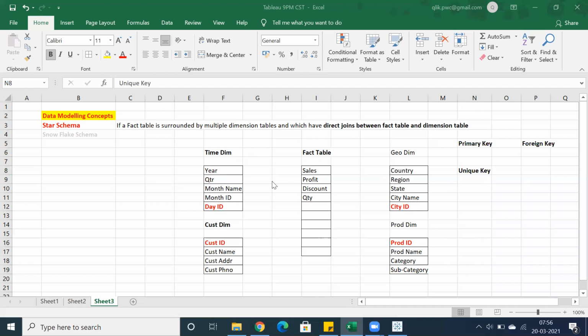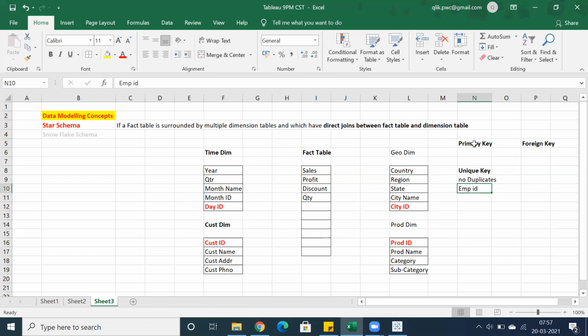A unique key, I think the one that doesn't have any duplicates. Perfect, great. So basically keys are nothing but key columns. Generally we call them ID columns or key columns. We use the terminology key, primary key, unique key, foreign keys. So basically we don't have any duplicates. Unique identification number, right? For example, employee ID. Employee ID is a unique key, which doesn't allow duplicates.